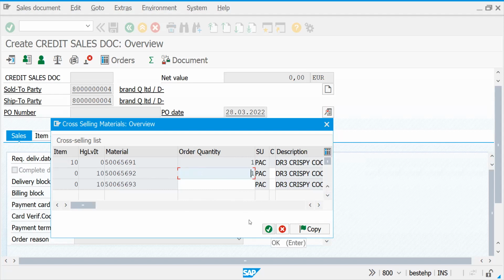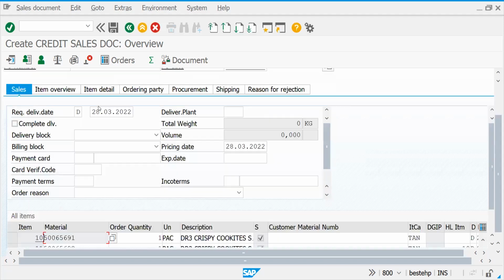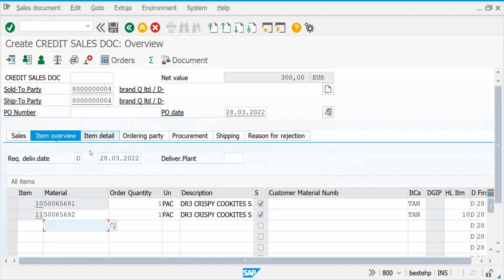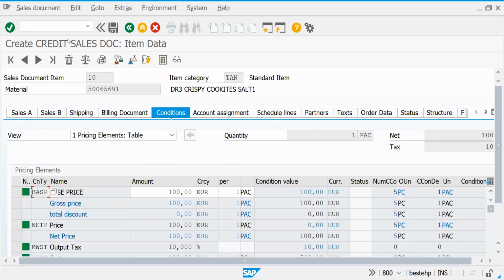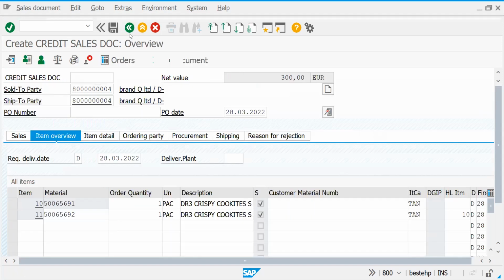Suppose 20 products it can show. I just copy this one only, then these two will be copied. Now if you see, both have item category 10. When it comes to conditions, this is the price it is coming. It has 200 for the second product; that price comes separately. Everything is the same, only it will propose. Okay, this is all about your cross-selling.